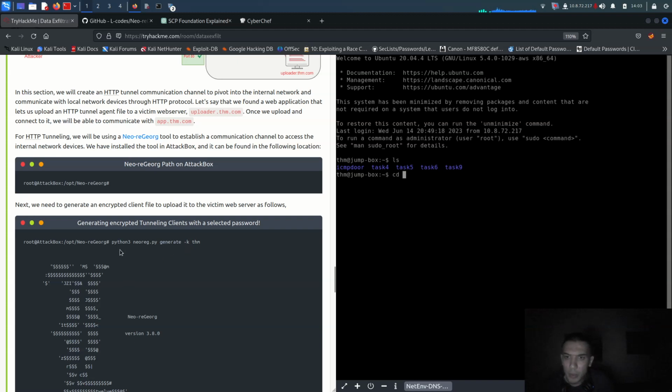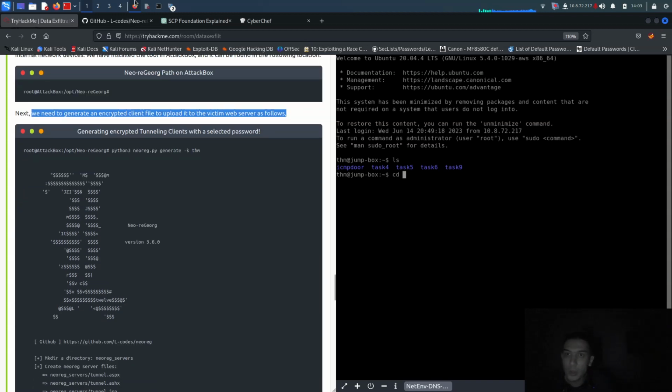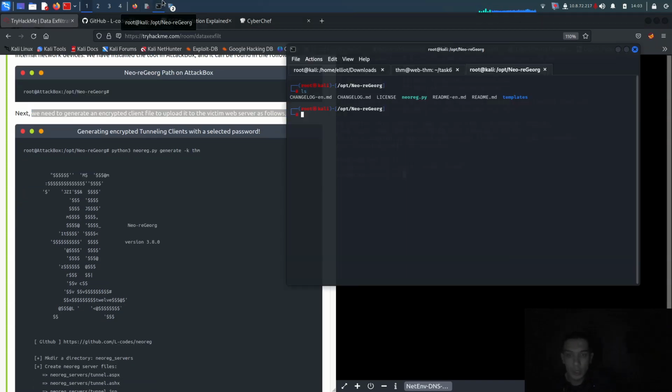So okay, Python 3, we need to generate an encrypted client file to upload to the victim web server as follows. So alright, let me say Python 3 for the neo-reg Python file here and generate